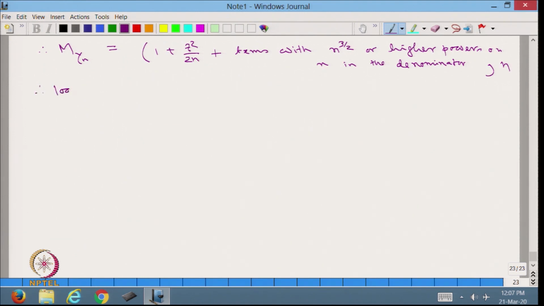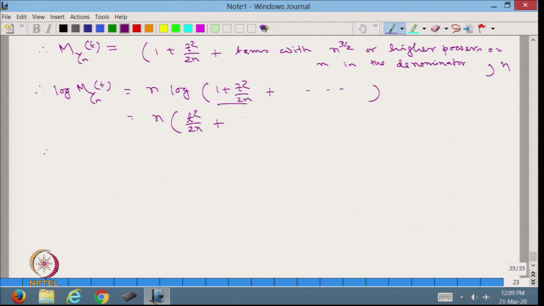Therefore, log M_{Y_n} at t, here also there should have been a t, is equal to n times log of (1 plus t square upon 2n plus such terms), which is equal to n times t square upon 2